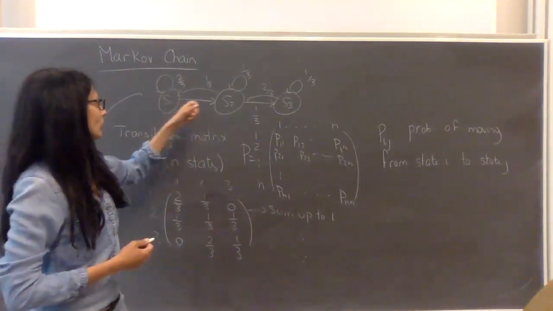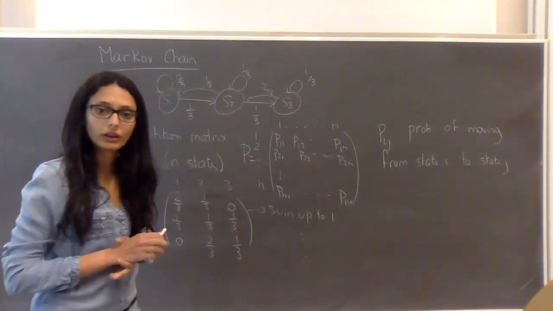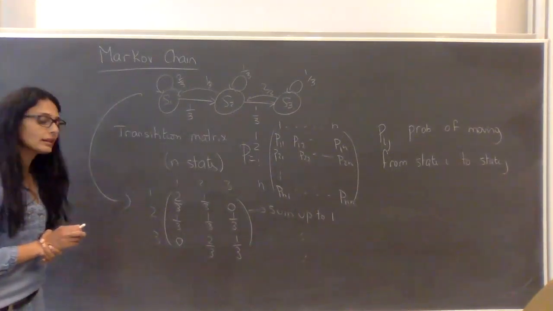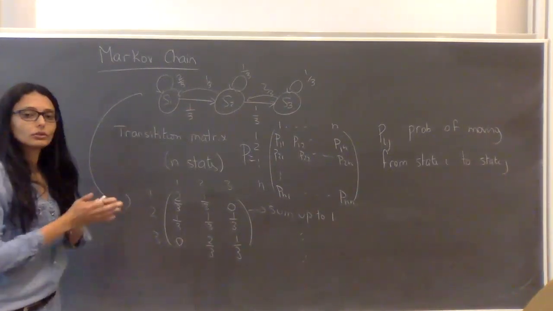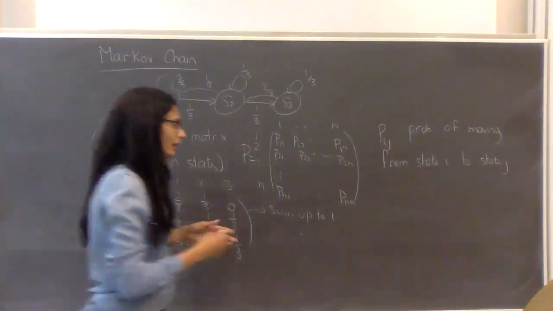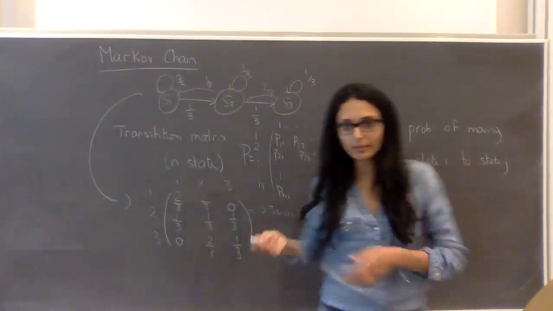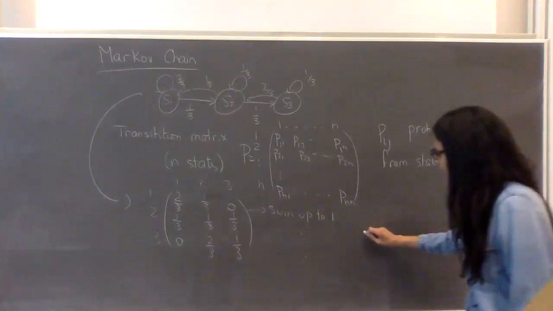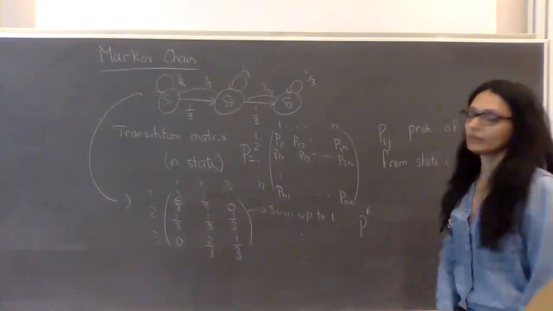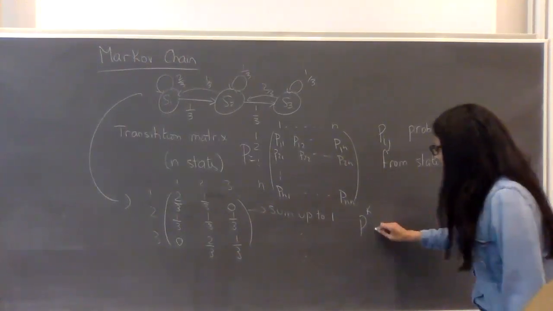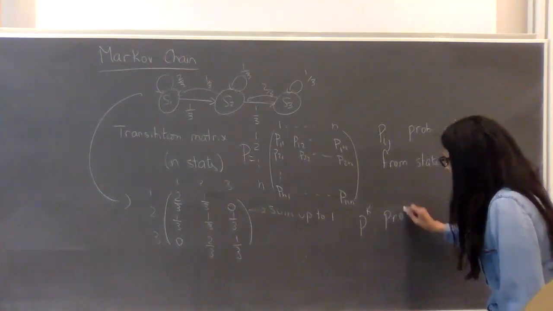I can go from S1 to S2 and then from S2 to S3. And to find the probability of going from a state to another after k steps, I have to compute P^k. So P to the power k gives me the probability matrix